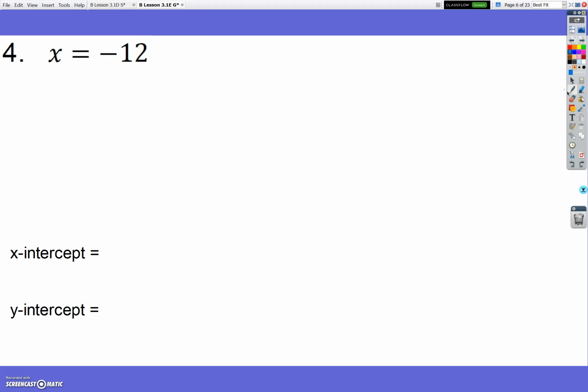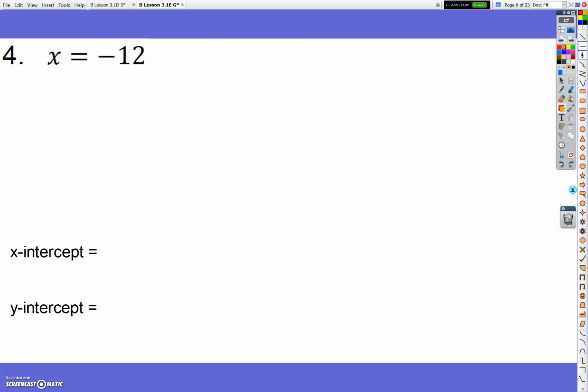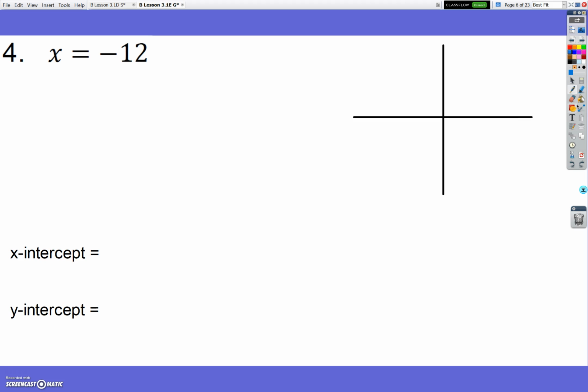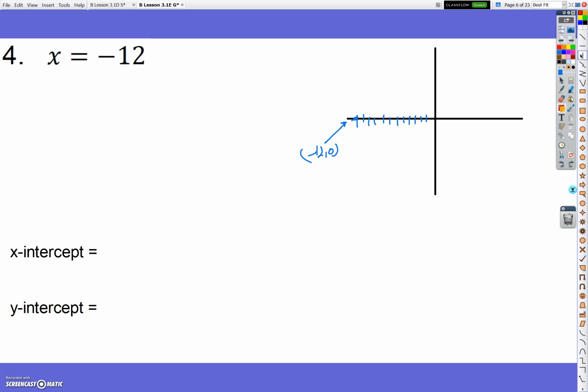Let's go ahead and look at another example of this. This is the same type of example, except instead of y equals, it's going to be an x equals. This is one of those special case scenarios. So a rough sketch of this graph would be, you would go down all the way on your x-axis to negative 12. So this would be like 1, 2, 3, 4, 5, 6, 7, 8, 9, 10, 11, 12. And this value right here for my x value is negative 12, 0. That means I would have a vertical line going up and down